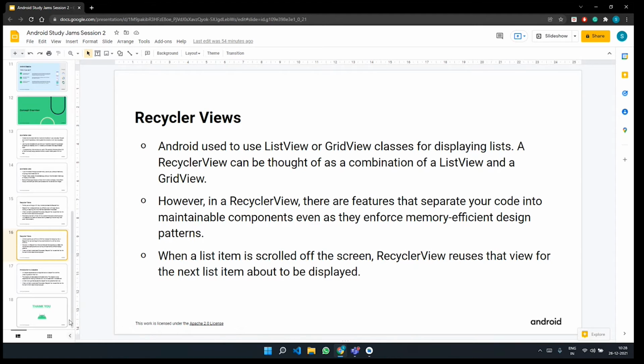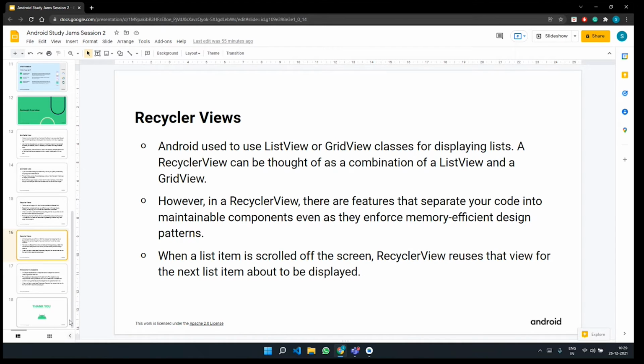It calculates the distance, the place, and the dimensions, and takes care of where exactly on the screen the news has to be placed so that the viewing process becomes really easy for the end user. So layout manager is a point for you to remember.